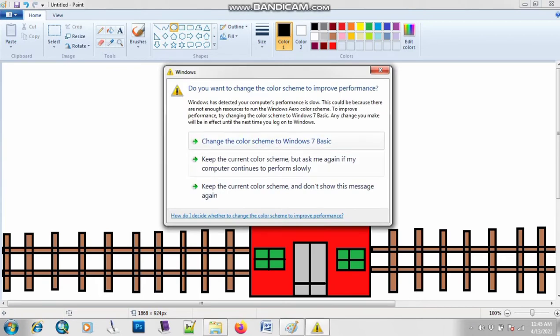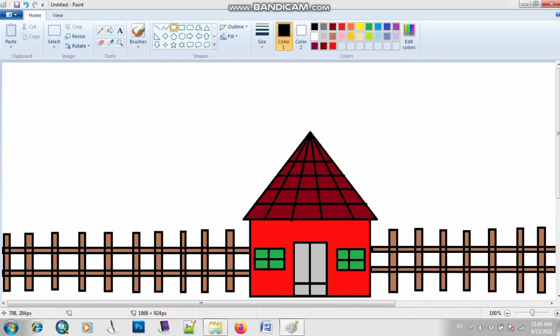As you can see, we have a lot of shapes here, so I will choose the shape with the name of cloud, so it will look like a tree. Right, so I will draw over here a small tree. It will look like a small tree.